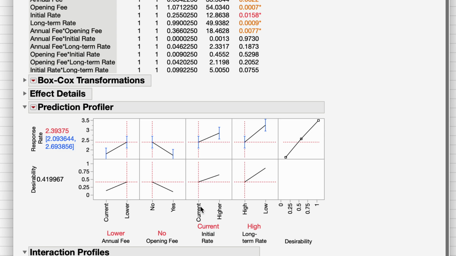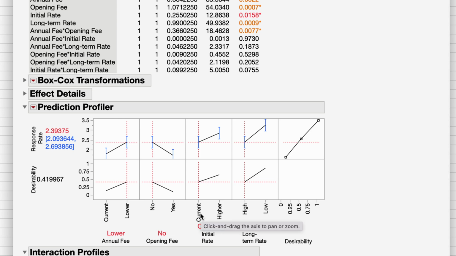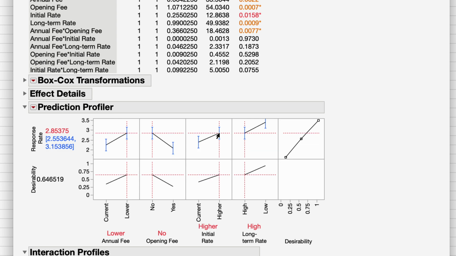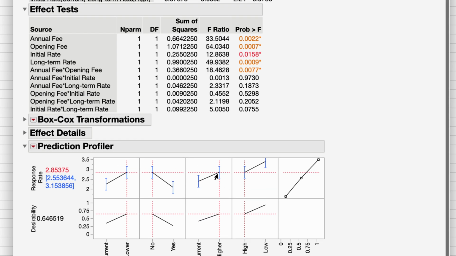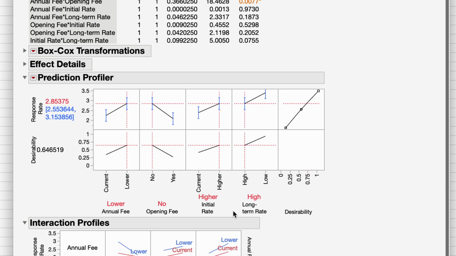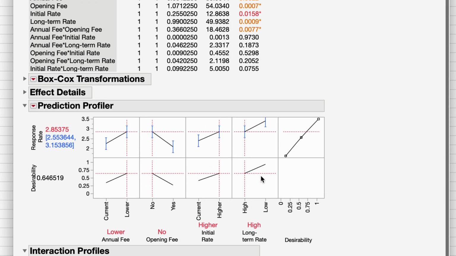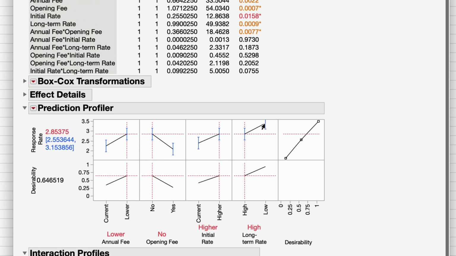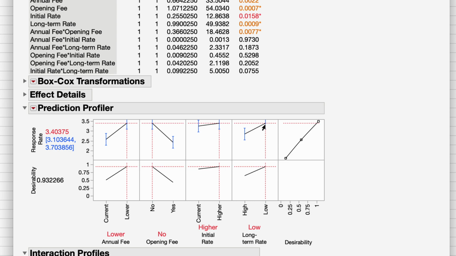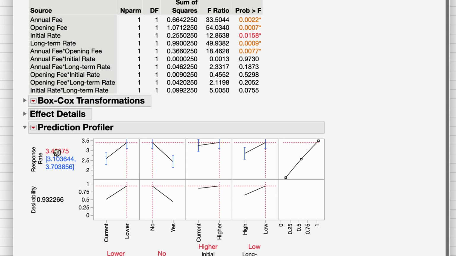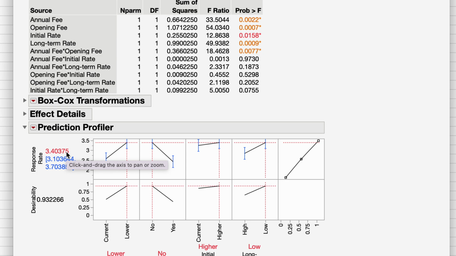So we know this is what the behavior is. If the initial rate is current, then the response rate is lower, but if you keep the initial rate even higher, the response rate is increasing, because this is the plot. And for long-term interest rate, if it is high, customers are not liking it, but if it is low, the customers are opting for it. So I can click here and set it. So this is the expected response rate as per this model,